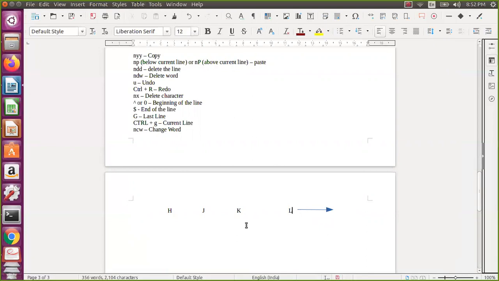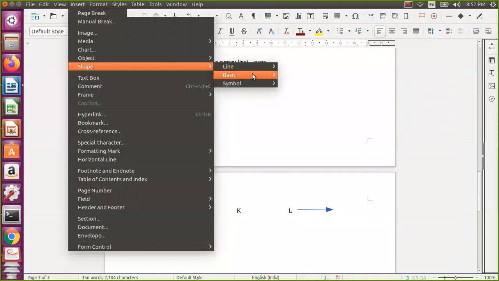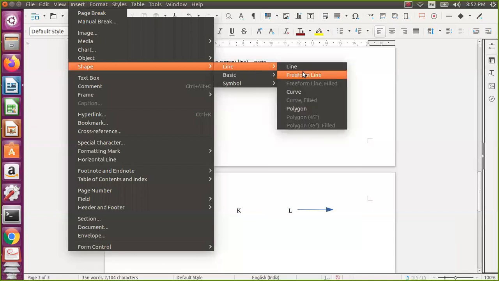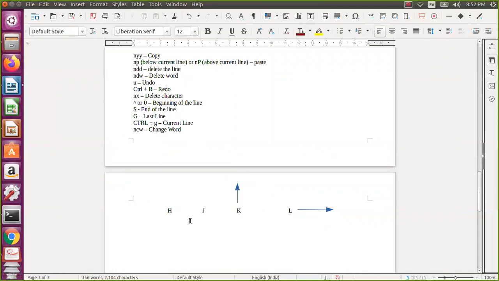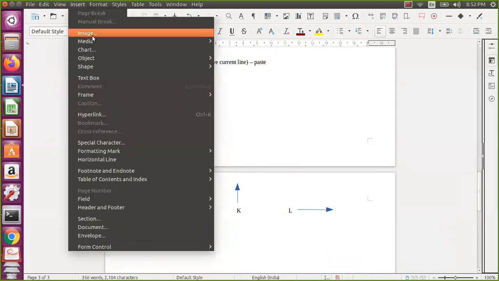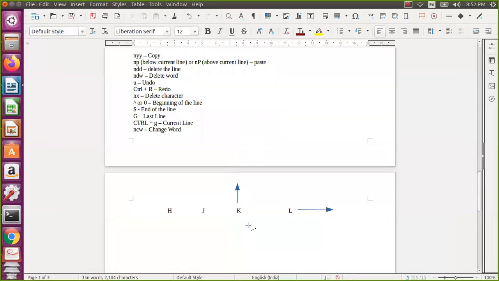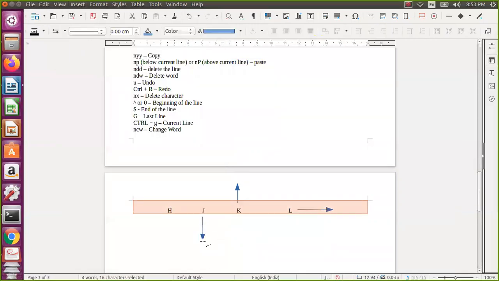Okay, so if you take k, k will be one character up. Now if you take j, j will be one character down.